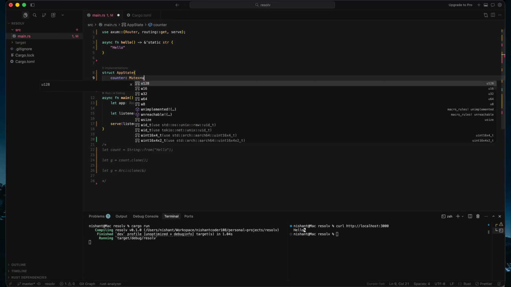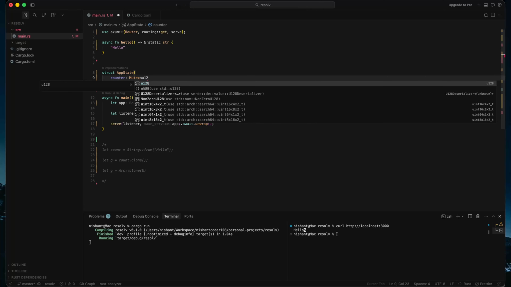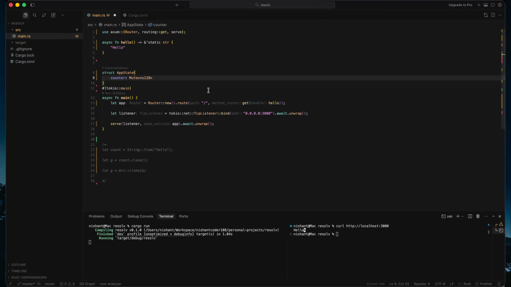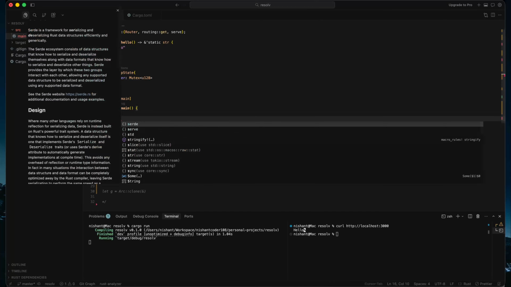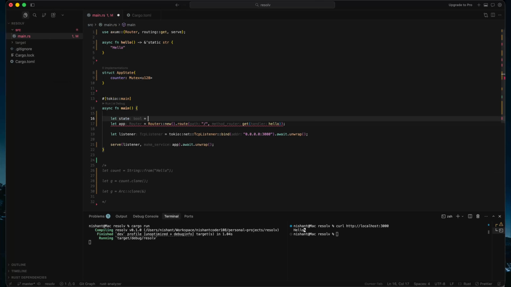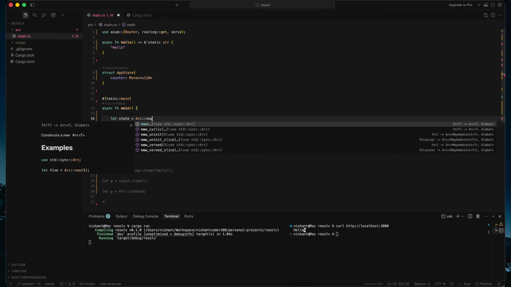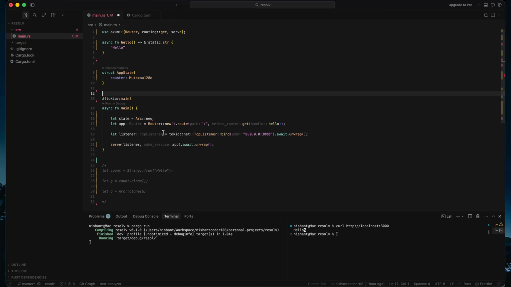So here we can pass the type, anything you want to put here. So it's the mutex, and we can create a simple state and pass it in. Arc just increases the reference count. Like we have the handler. Suppose we don't use the Arc, so basically if we just pass it,